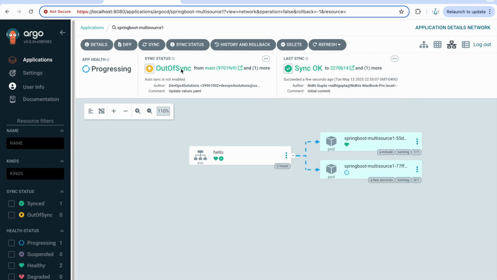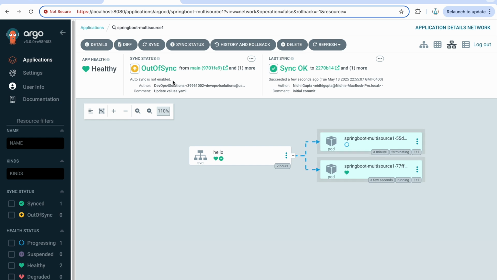You see it becomes out of sync as soon as you click on rollback, and it automatically disables the auto sync. So it allows you to do the rollback with just one click. Then yes, you have to fix your git repo if you are reverting the changes there, and once that is fixed, you can come back here and enable the auto sync again. So Argo CD provides you an easy rollback without creating any new process.